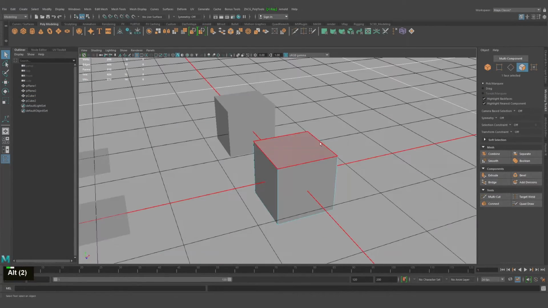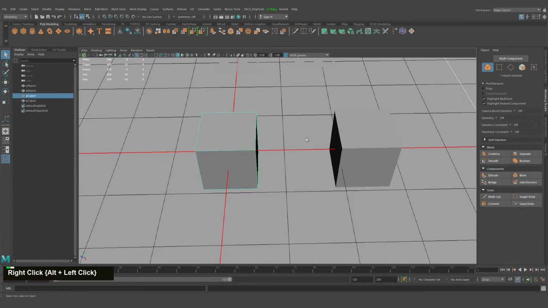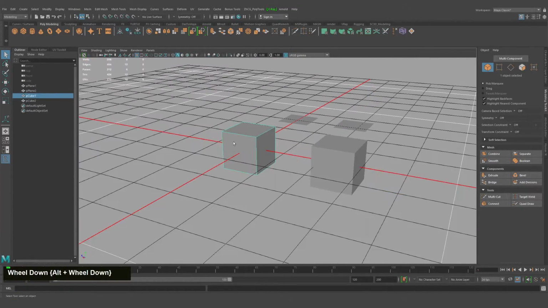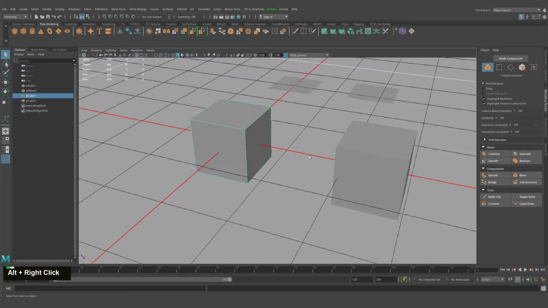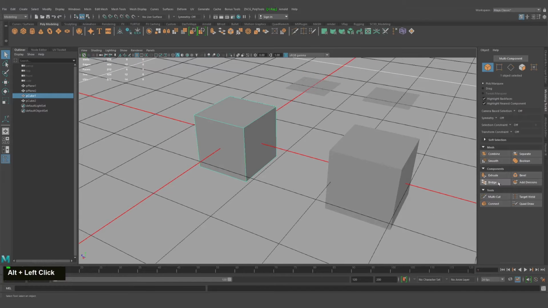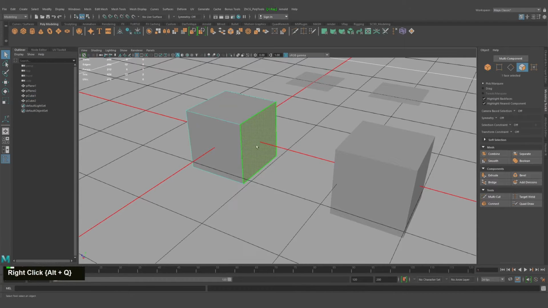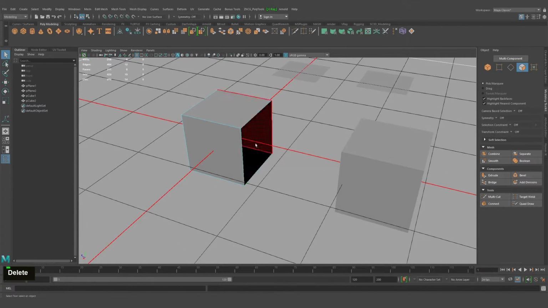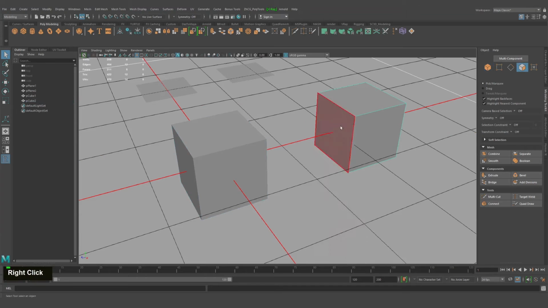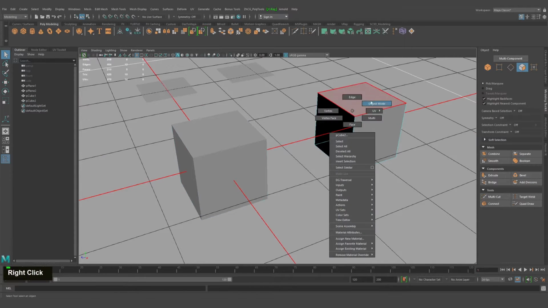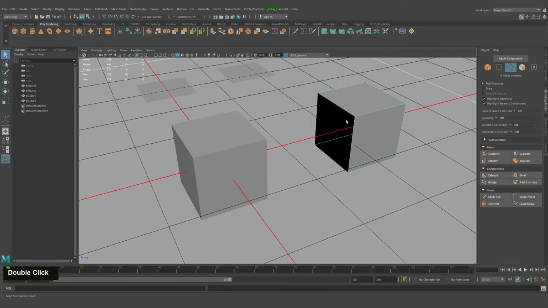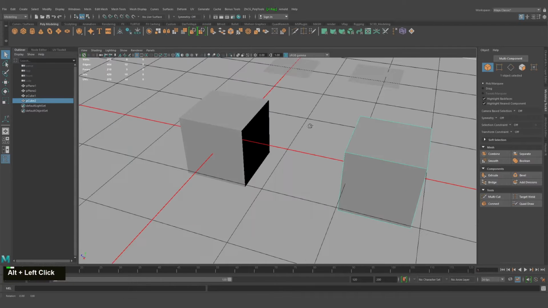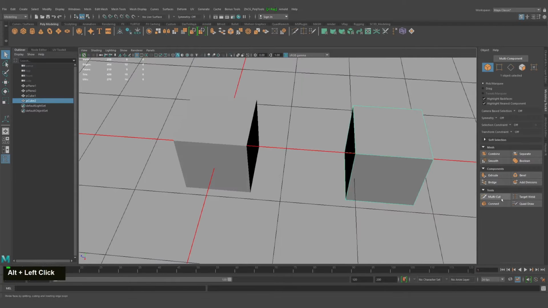So let's imagine that we have two objects, two big objects, and we want to have a bridge in here. I will delete, for example, this face, and on that object this face. Before we use the bridge command, let's select both of the objects and combine